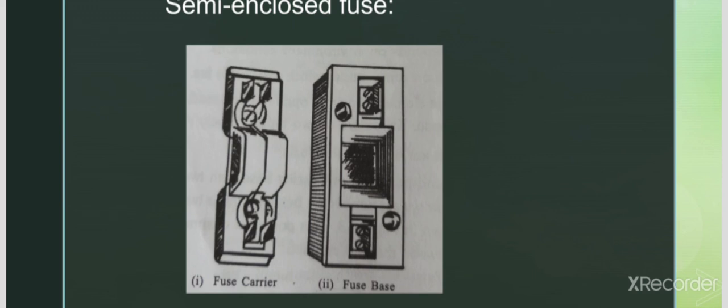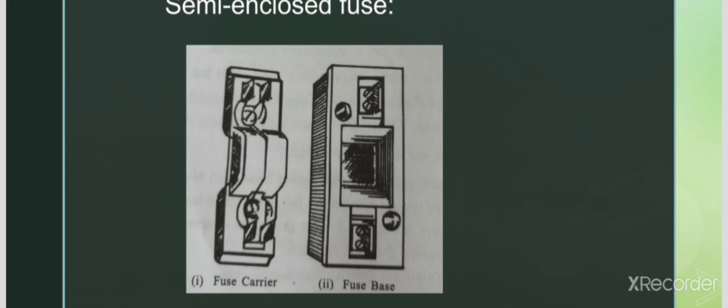When the fuse element blows off due to excessive high current, the fuse carrier can be pulled out, and the blown out fuse element is replaced by a new one. This is the operation of a rewirable fuse, and it has more advantages. It has a low cost, is the cheapest form of operation, and even if the fuse melts, the arc does not come out. Replacement of the fuse element can be easily done, and it requires minimum time to replace. These are the advantages of a rewirable fuse.